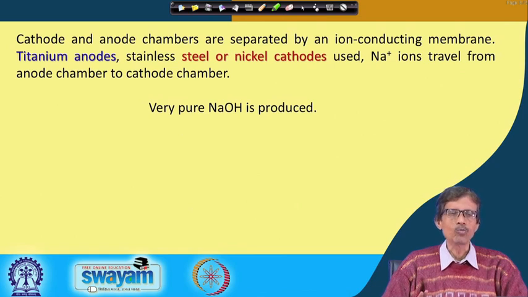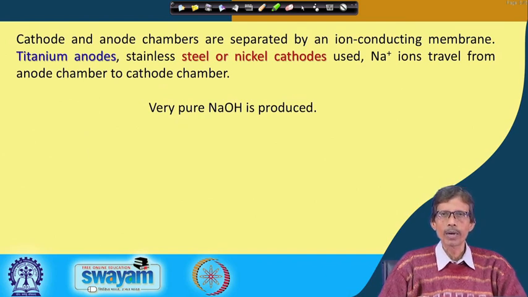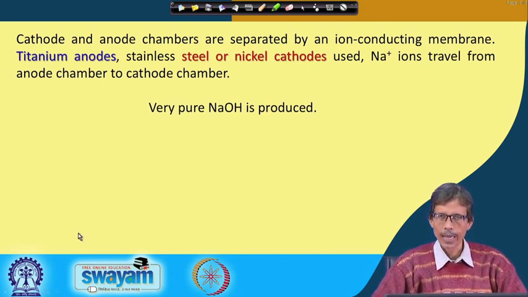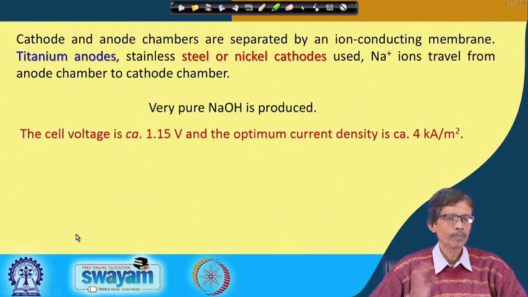and it is being accumulated. The advantage of this particular technique is that the purity of the sodium hydroxide produced in this fashion is increasing. So, a very high grade of sodium hydroxide is being produced. If you exceed some level, you can consider it as an analytical reagent or a guaranteed reagent for sodium hydroxide.